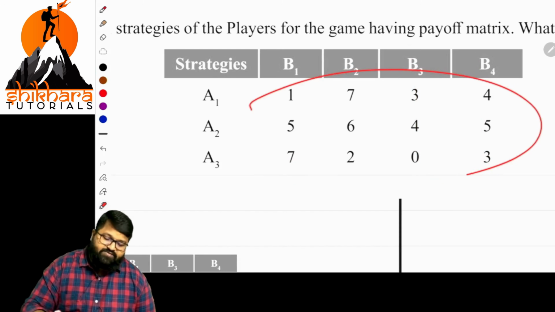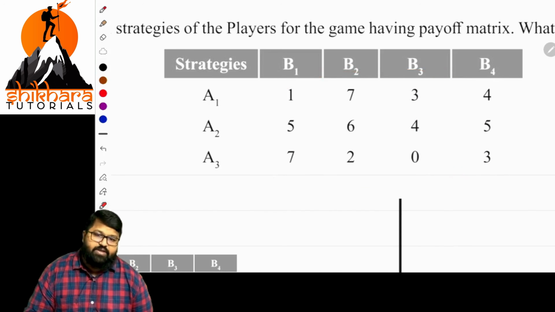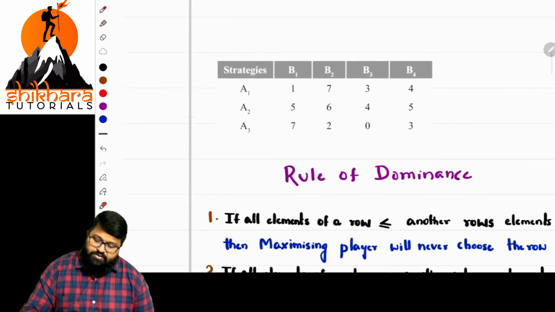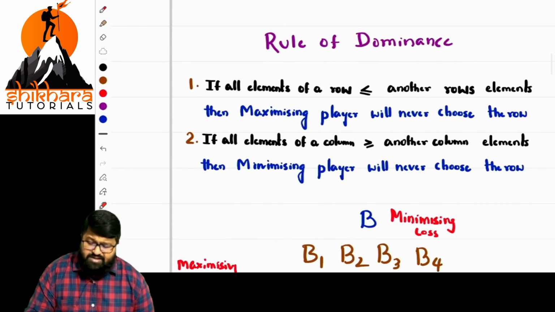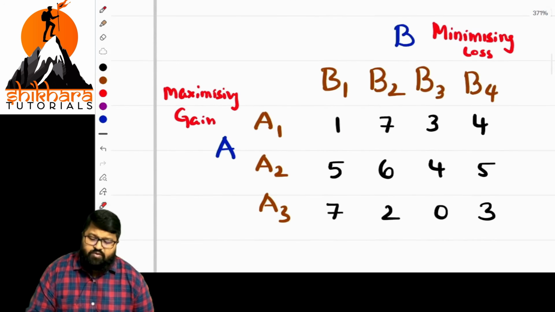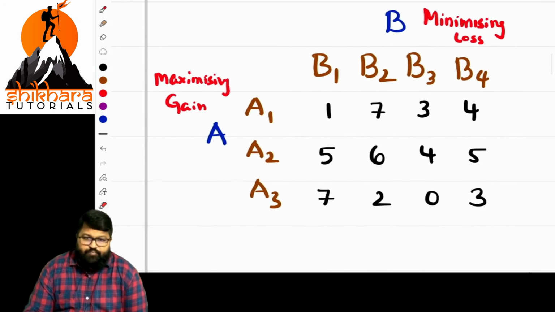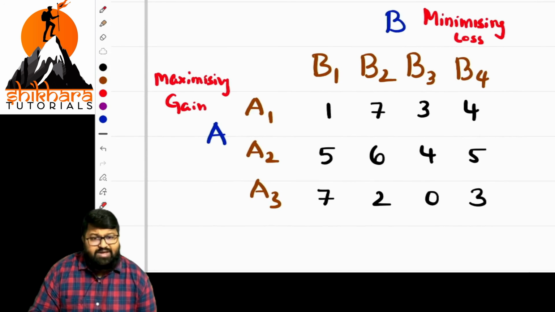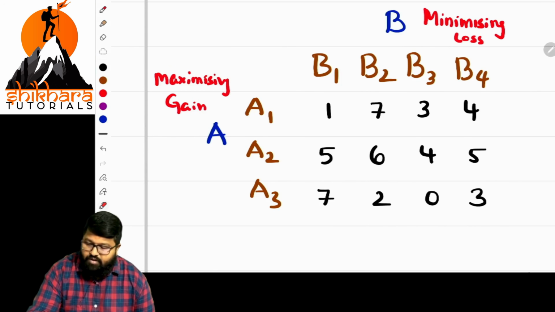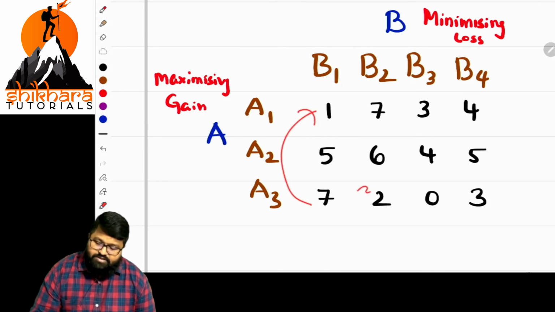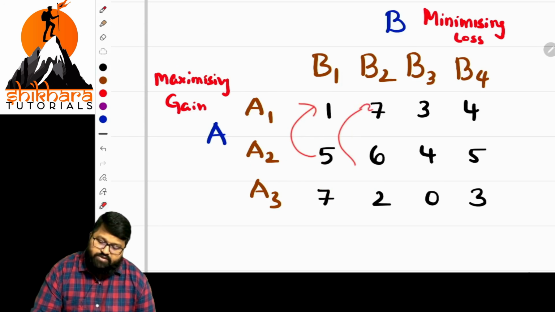So by seeing these values, any chance for elimination, ma'am? Let us see step by step. The rule of dominance is mentioned, but you need not write it in the exam. Sir, for our convenience, we have gone through like this. Now, what is a better way? Sir, identify a row with the least values. Is there any row with the least values, ma'am? Let us see. No, a different one. Next, is it least? No, there is no least.